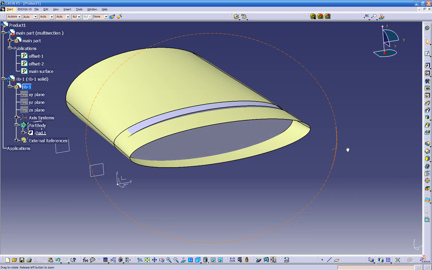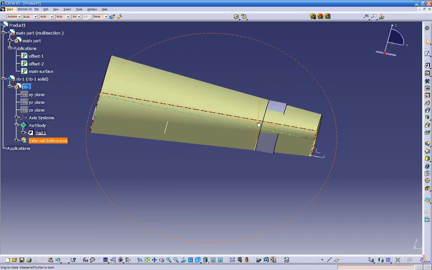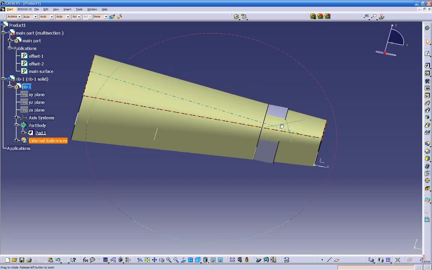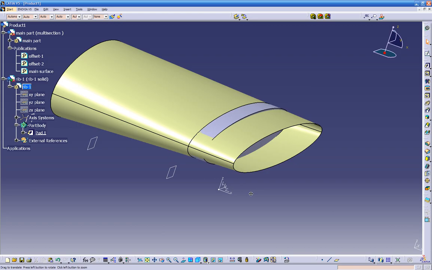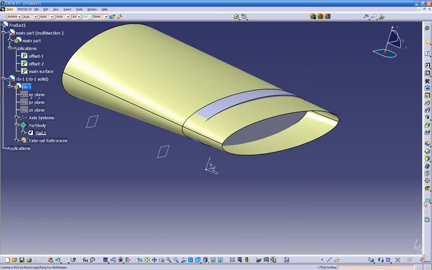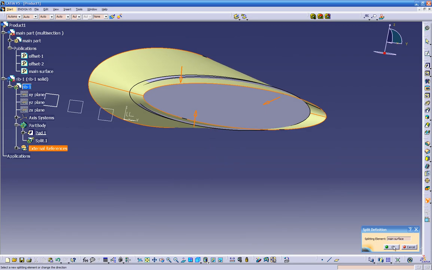As you see right now, our solid is going out of the part. But what we can do is trim this solid with the surface. So let's go to this option in here, open it up, and click on the split. We're going to split this one with this one, and we're going to keep the inside. So if you click OK,